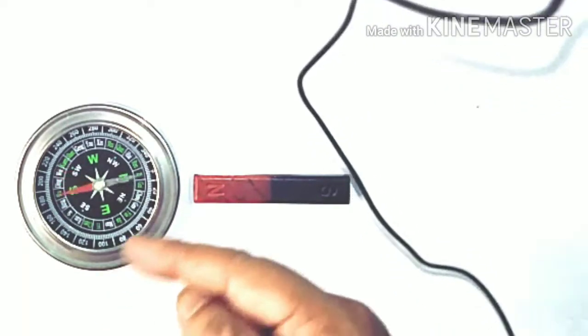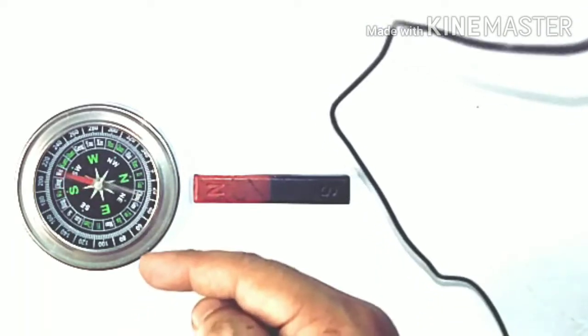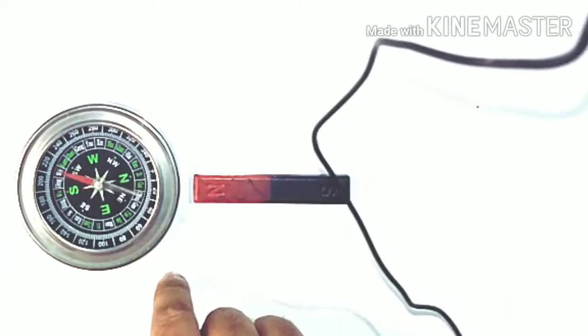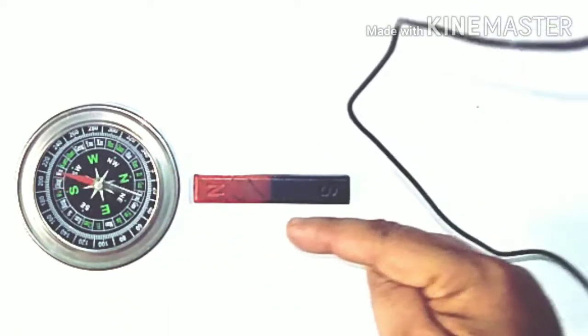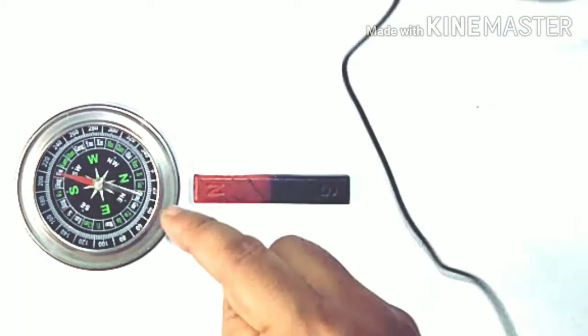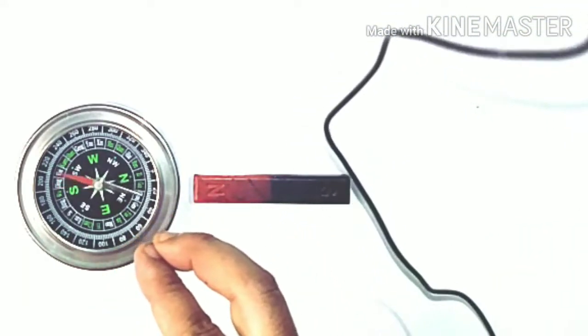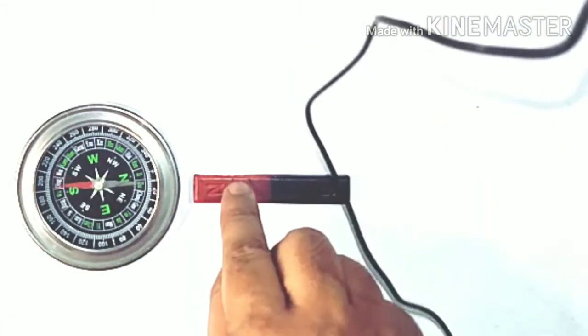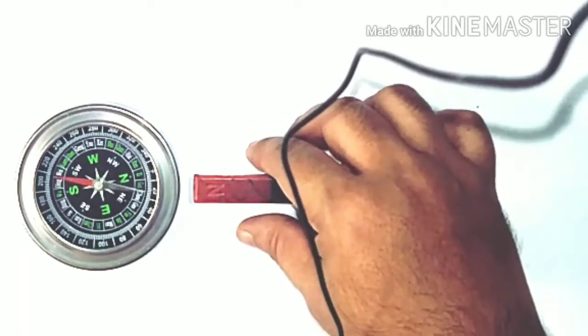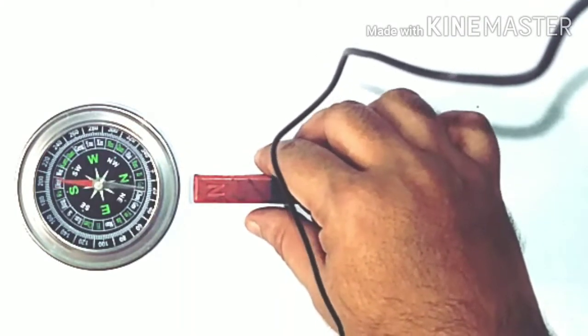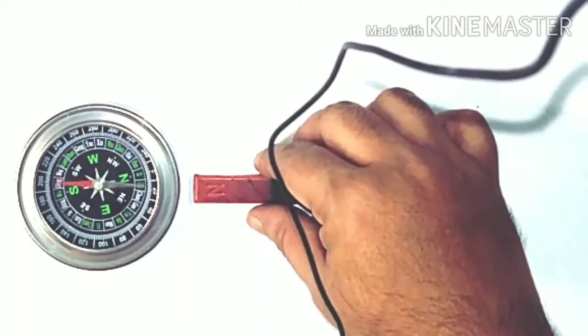It's fluctuating because of many factors, and it will align itself after some time. You see, the south will remain towards the north pole of the magnet and the north will remain towards the south pole of the magnet. Why is it happening so? The horizontal component of the Earth's magnetic field at this point is a vector quantity, and the field produced by this north pole is another vector quantity. So the combined effect of these two vector components is being observed here. If I remove this magnet again, it will align according to the north and south poles of the Earth, as it was initially. Look at the magnetic needle carefully. I am removing the magnet.